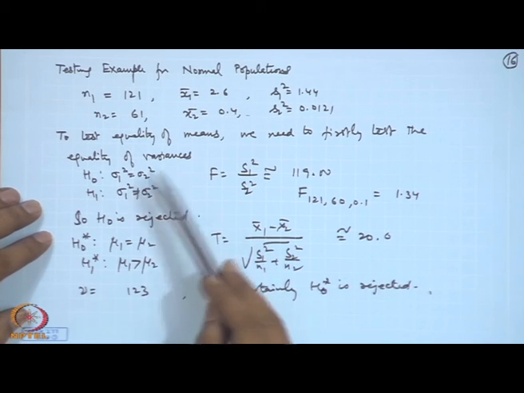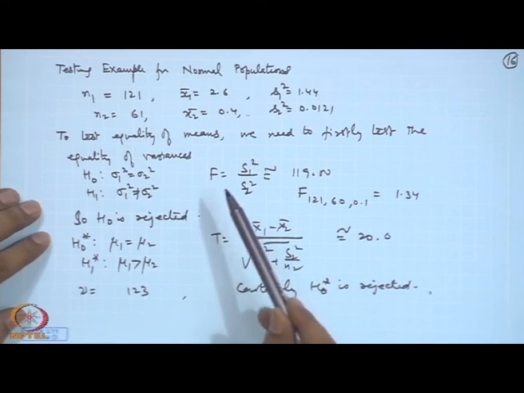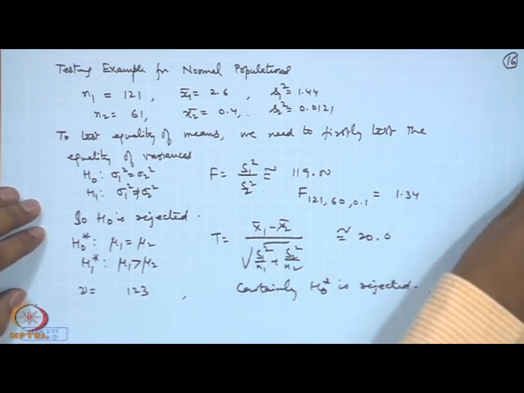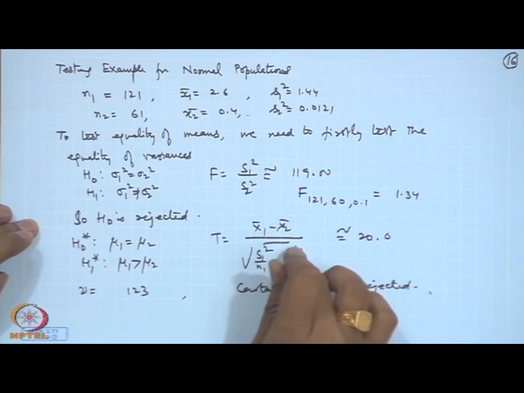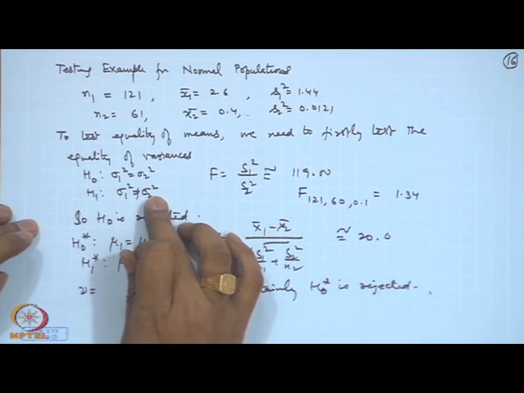So, here for testing the equality of the means, which procedure is to be used, because I discussed 4 different procedures. Firstly, we need to check about the variance. Now, for the variance here it turns out that it is rejected, and therefore, we have followed this procedure. If it was accepted, then we have to follow another one which was based on the pooling procedure. So, depending upon what actual method will be used, then only you apply the testing methodology.